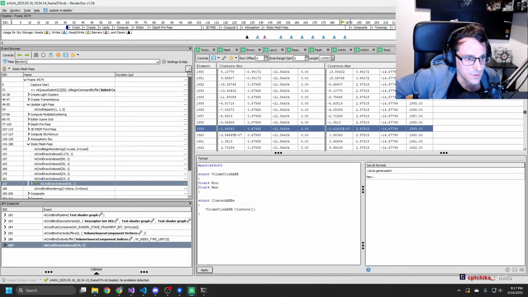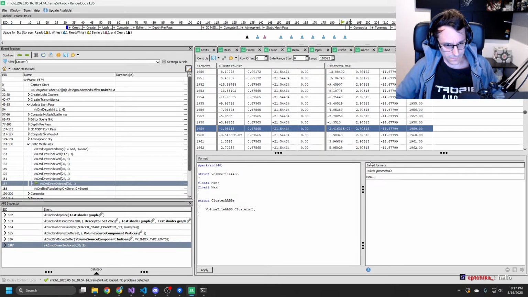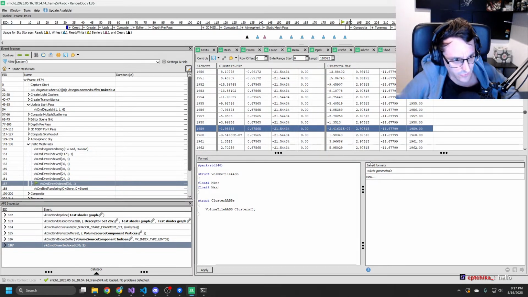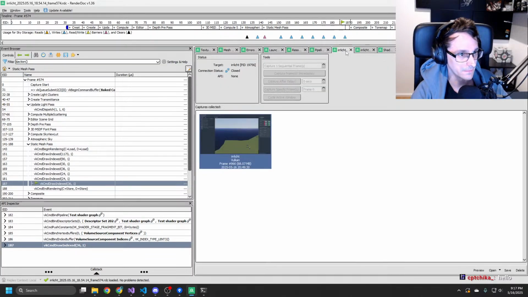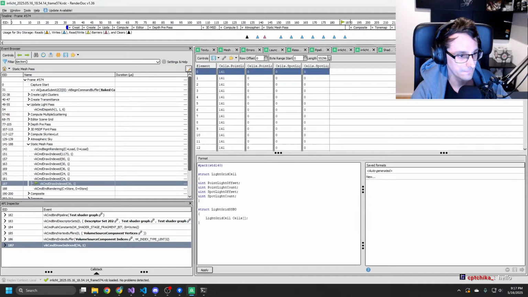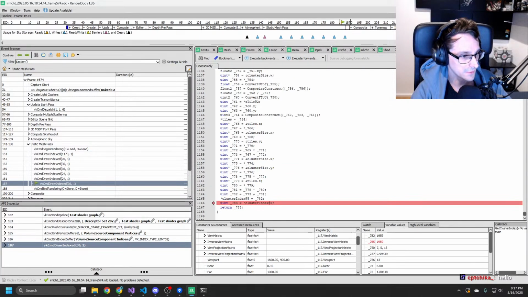That doesn't look correct. Because we're in view space. And there's no way that we are in view space at this position. There's just no way that we are there. So that is not correct.